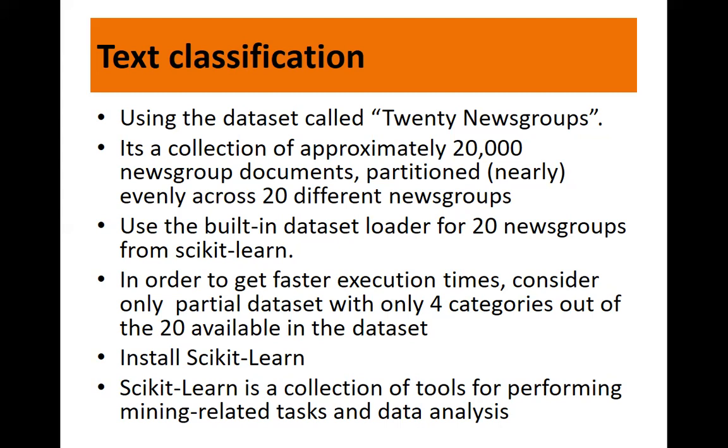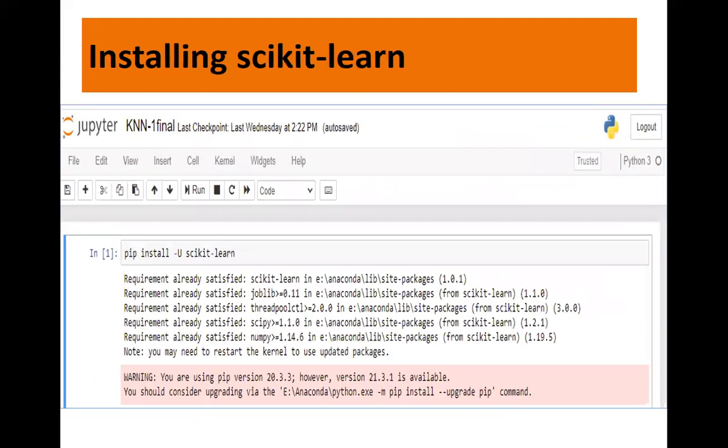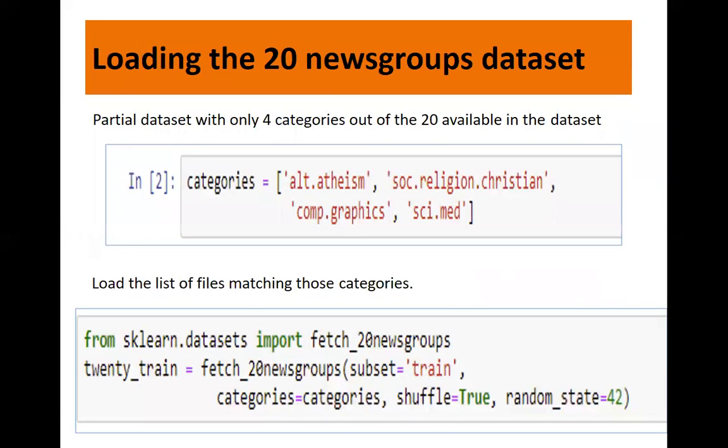The first thing is we'll install scikit-learn. Scikit-learn we already know; it consists mainly of classification models, regression analysis, image recognition, data reduction, etc. So the very first thing is to install scikit-learn. Simply use pip install. Here you can see messages because I've already installed it, so I get such messages. You may or may not get the message, so don't worry about it. After you finish installing scikit-learn,